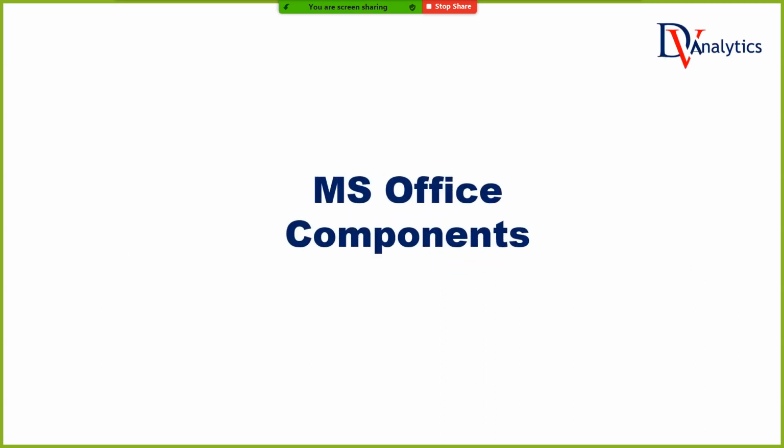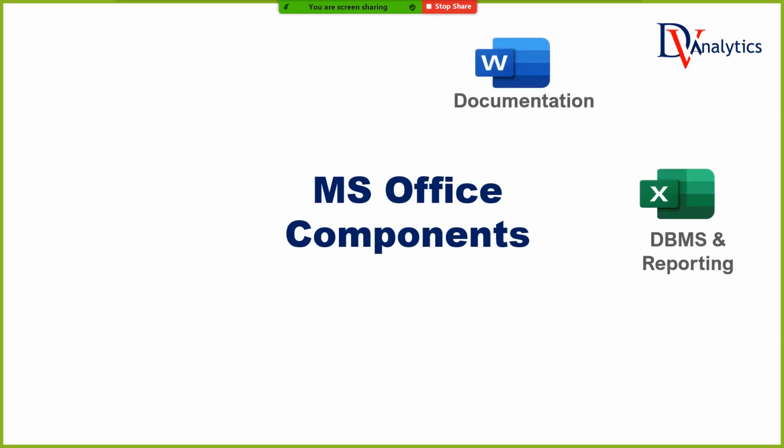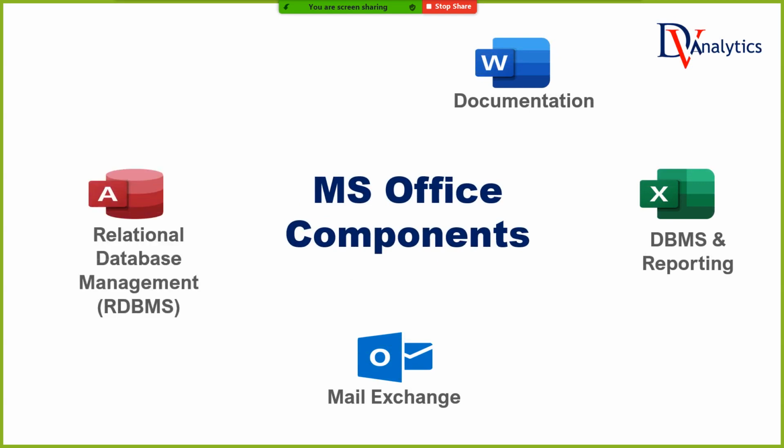Okay. So, guys, what are the MS Office components? MS Word, Excel, PowerPoint, Access, and Outlook. So we have MS Word, we have Excel, we have Access for RDBMS, we have PowerPoint for the presentation. So these are the main components which are required for an analyst or data scientist to work across MS Office